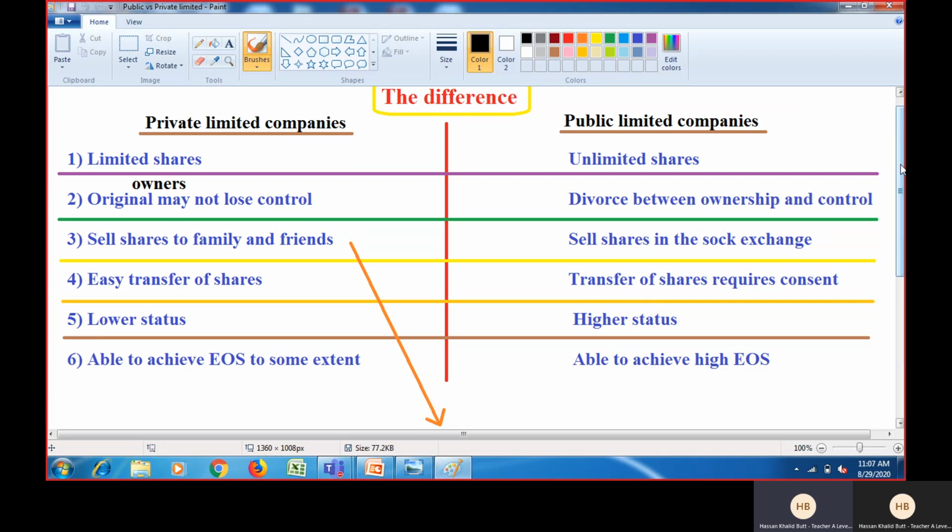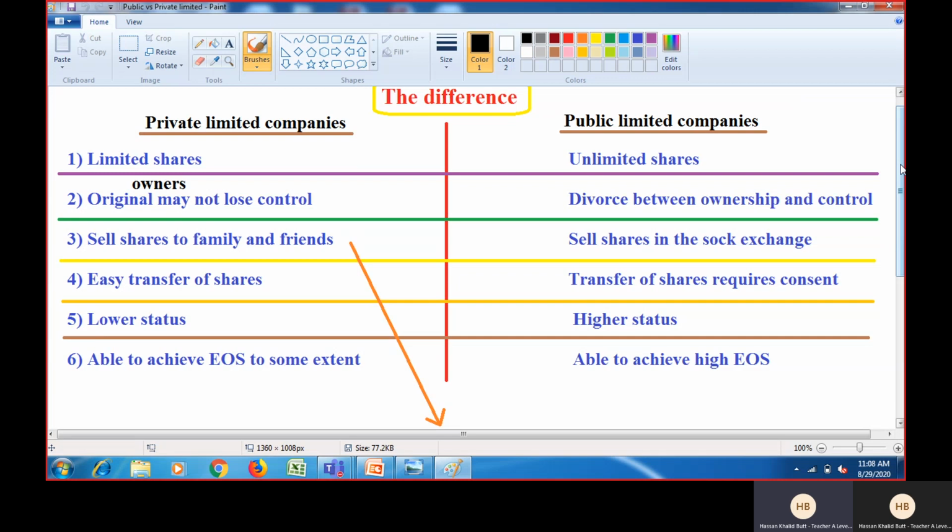So they hold two offices. One, they are the board of directors, and they are the shareholders as well. So they get a salary as well, because the board of directors are the employees of the business. Although they are at the top tier of the management of a company, they are employees. They get high salaries, but they are not the owners, and they do not have any share in the profit of the company.